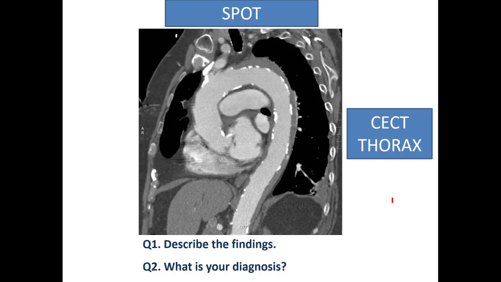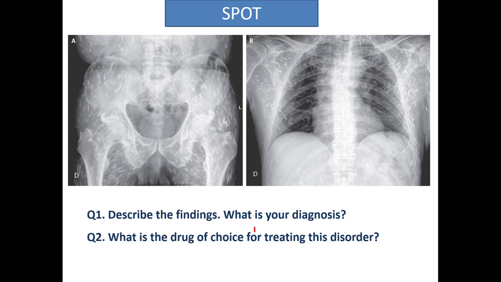Probably this image might be an institute-specific one. They might not keep this if that particular CT is not available. Suppose this comes in the spotter, you can say dissection, aortic dissection. What is the finding? What is the diagnosis? What is the drug of choice? Small calcification, neurocysticercosis. Drug of choice for treating this condition, study. Neurocysticercosis. Again, this might be institute specific, or